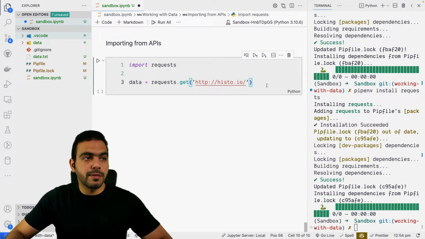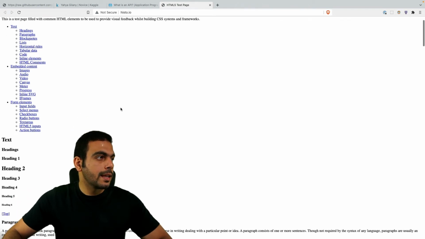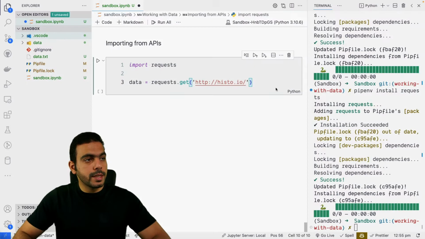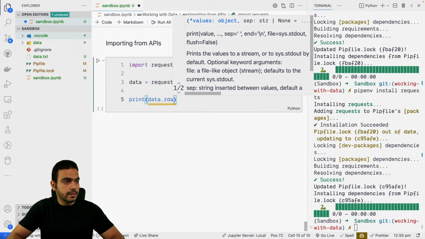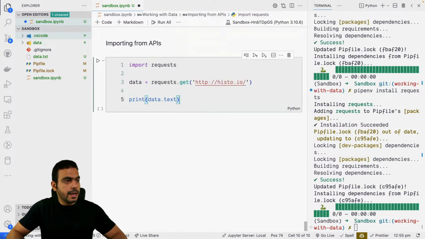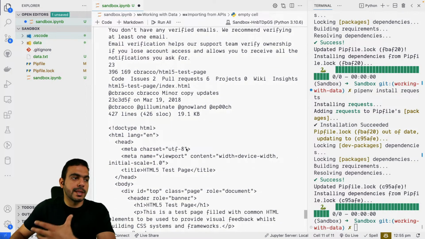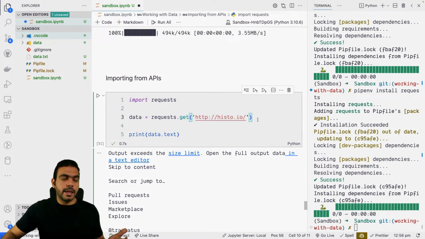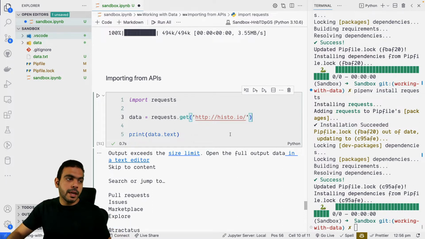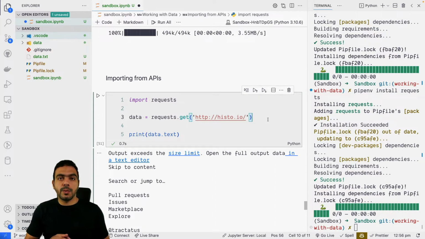This is just an example for what you'd use the requests library to get, and this is basically just a very simple web page. Once you have the data, I can print data.text, and if I run this cell here, I get back essentially a text representation of that page that we were just on. This is just to show you that you could get any HTML page or send any request. Now, depending on the particular API that you're going to be interfacing with, you may need to